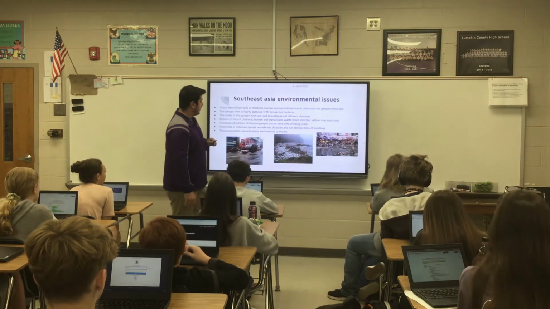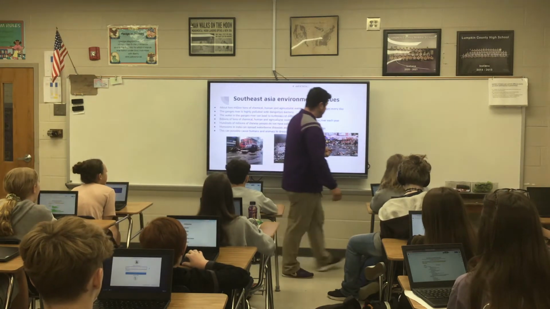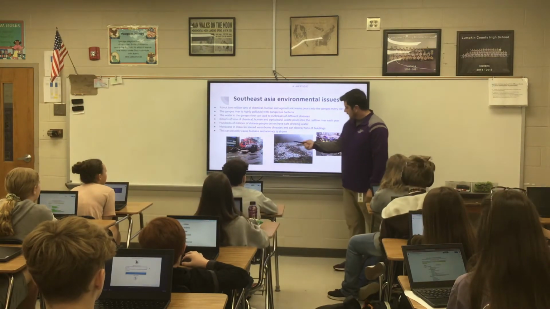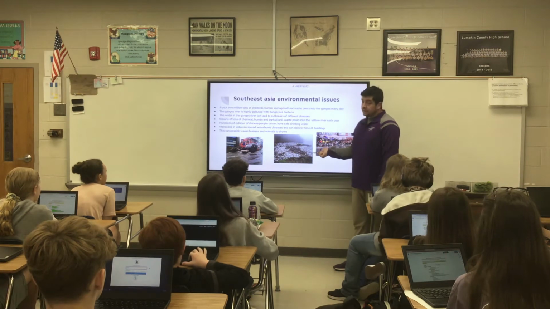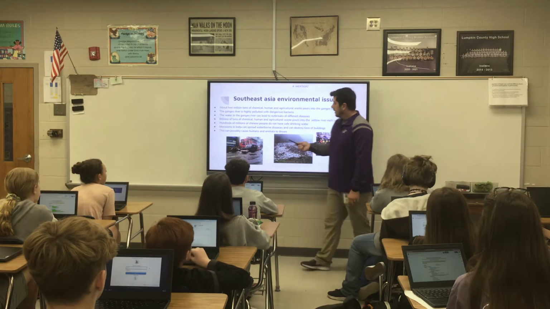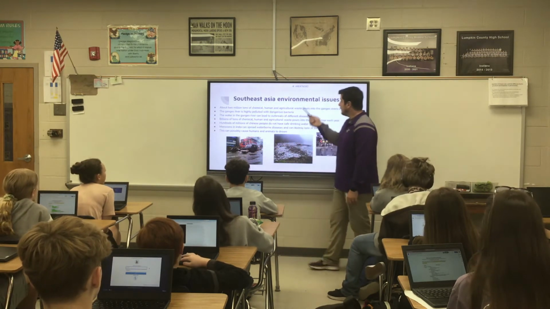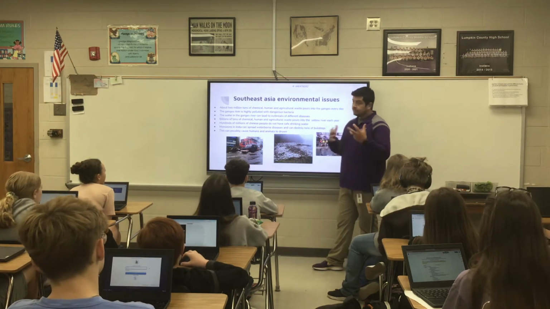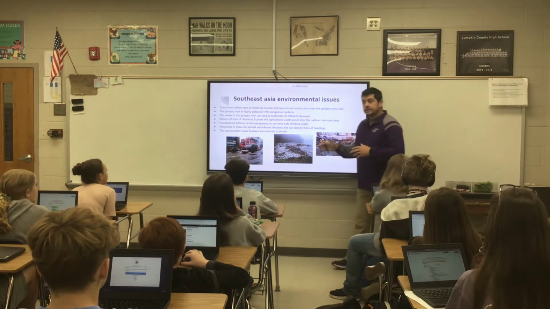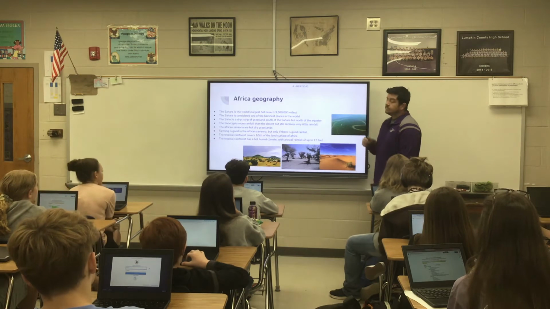Environmental issues, okay, again, these photos look pretty good, but does it explain to you what's going on? Is there like little captions? You know, what is this? What's happening here? Right, I see a lot of pollution. Is that part of India? Is that Japan? I don't know, right? Look over here, we see some flooding. We're talking about monsoon season. Is that an environmental issue? Explain it to me. How does that impact the people, all right? Not saying it's wrong, I'm saying elaborate. Use those photos to help accent your PowerPoint or Google Slides.